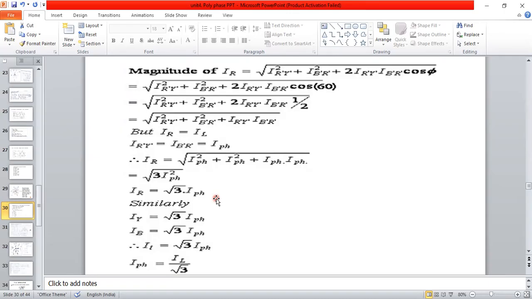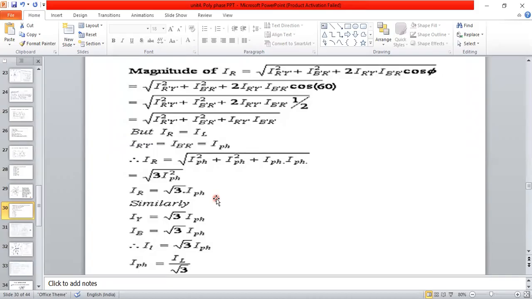Reverse, sir. Voltage and current equation. Reverse means how you can say this one as reverse. It is not reverse. In the star connection the voltages are different, currents are equal. But in the delta connection, voltages are same, but currents are different. Like that, you have to tell that one. So in a star connection, IL equal to IPH, but in the delta connection, VL equal to VPH. In the star connection, VL equal to root 3 VPH, but in the delta connection, IL equal to root 3 IPH.